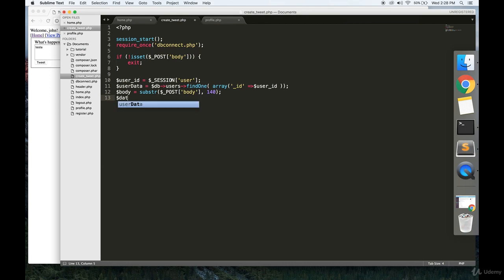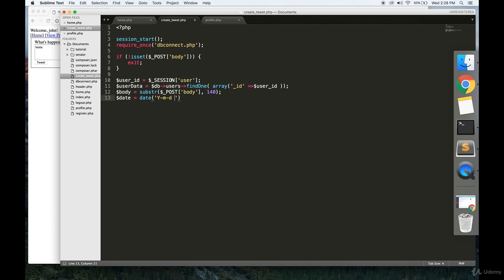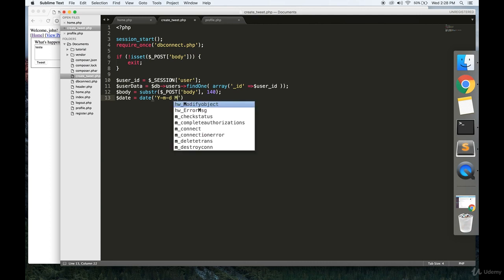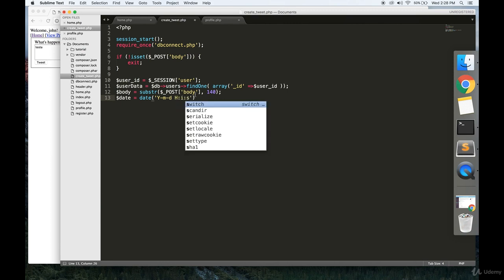And we're also going to create a timestamp. Like this. So we'll be using year, month, date format. Then let's see, hours, seconds,